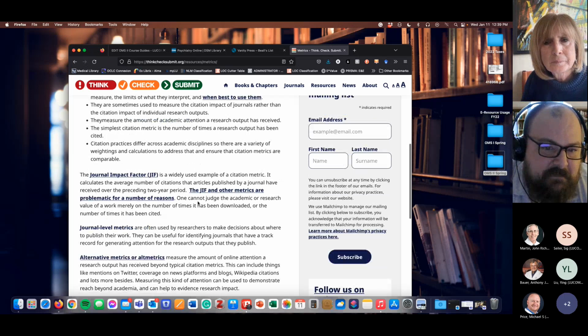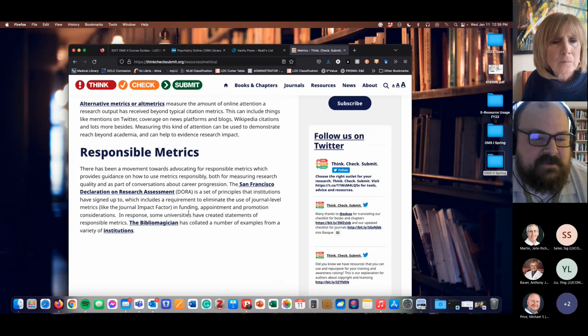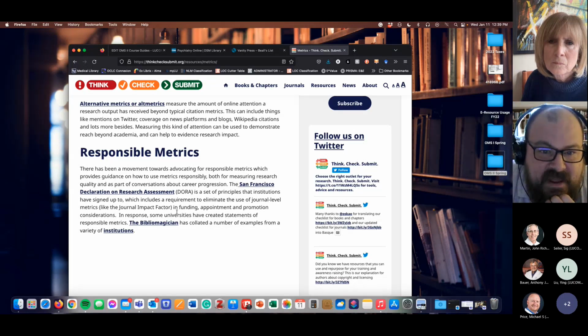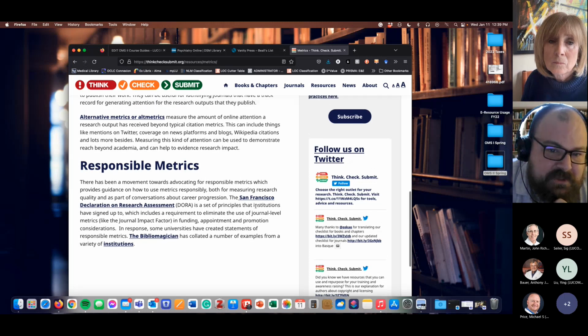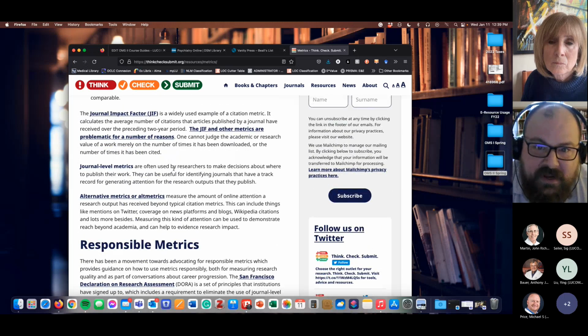But they'll actually talk about metrics here, how they're used, journal level metrics, alternative metrics. One of the points they make here, which was actually kind of a surprise to me, was that sometimes things can sneak through and have some kind of metric, an impact factor, even if it's still questionable. But you can actually use some of the links here to search those metrics and see, again, just another way to check.